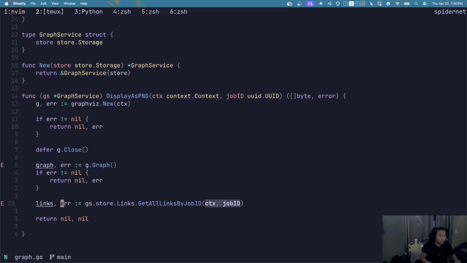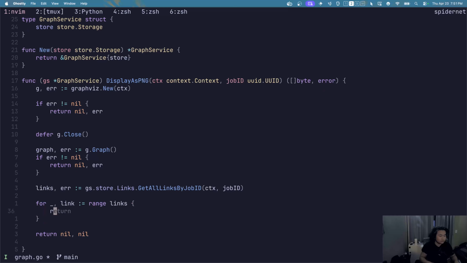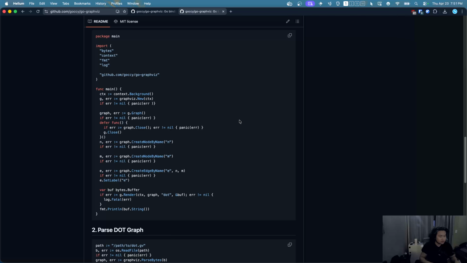Right. So this returns us an array of links. Perfect. So for every link in range of links, we will iterate through all the links and basically graph dot create edge by